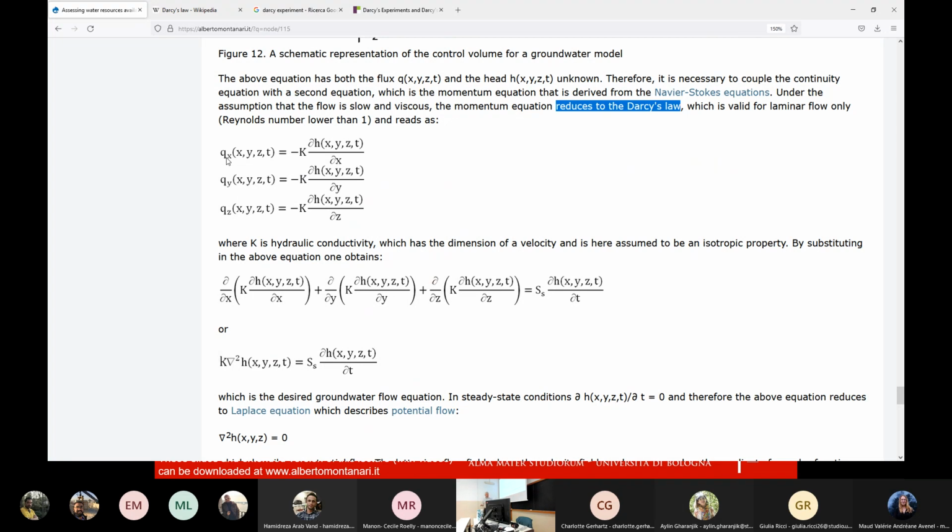But if I introduce these three relationships, why are there three? Because I am considering three directions. If I introduce these three relationships inside my previous equation, I am okay. The system is solvable. And now there is a bit complicated mathematical development, but it is just a simple substitution, okay? So you see that on the blackboard you read on the screen, by substituting in the above equation, one simply obtains,